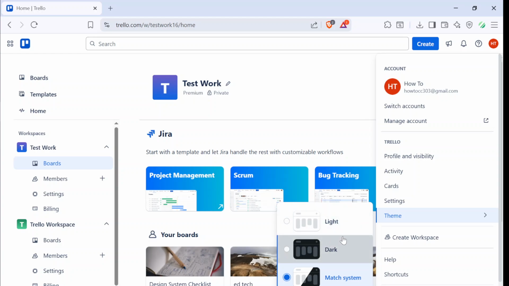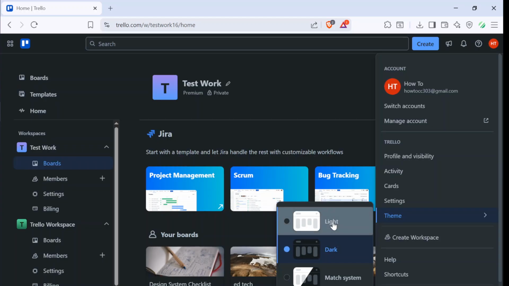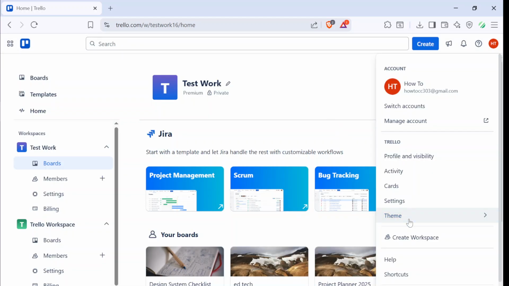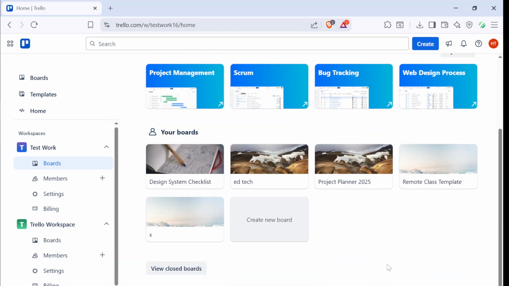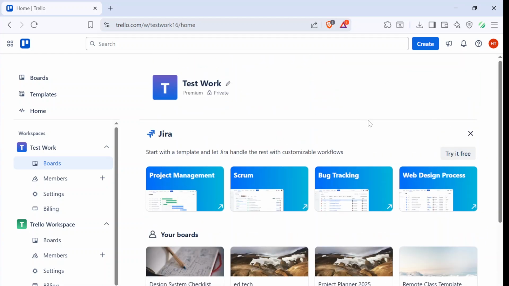Being able to switch between themes allows you to personalize your workspace, improve visibility, and work comfortably at any time of day. And that's it. With just a few clicks, you can make your Trello boards match your style and